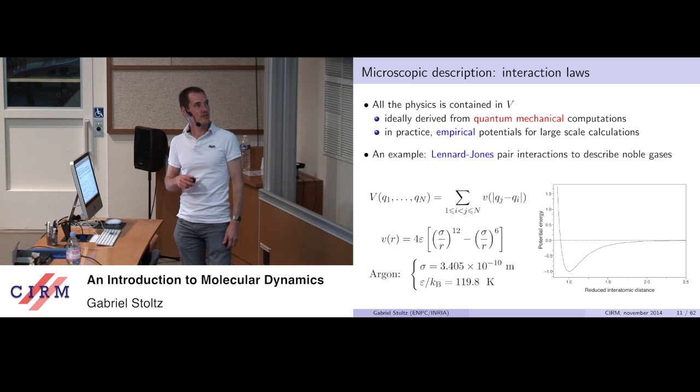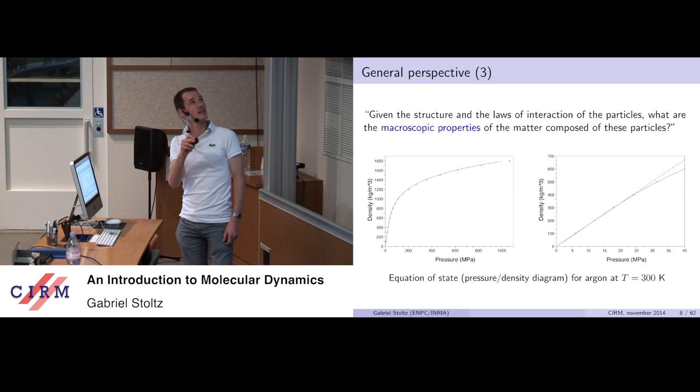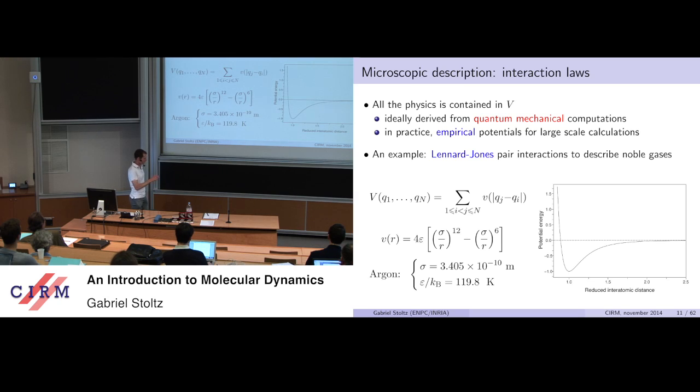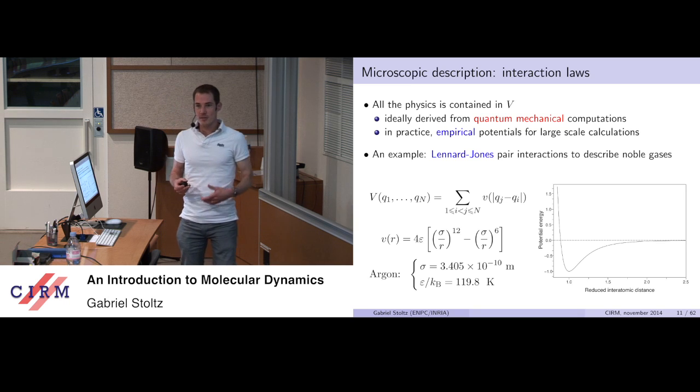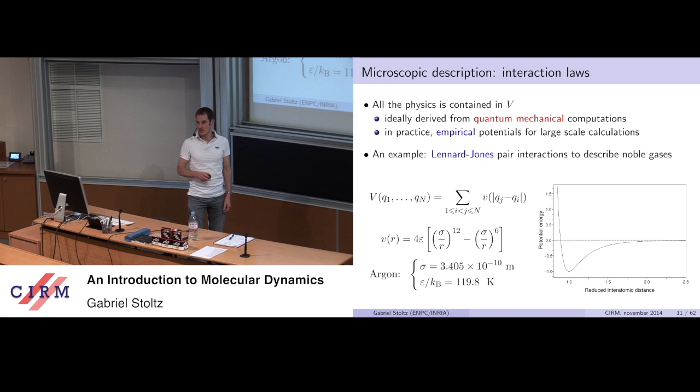And then you've got two parameters. You fit them appropriately in order to have the correct equation of state, so pressure as a function of density. Physicists have proposed this model to describe argon, and this is the potential I used to compute those points here. So in this case, it's a quantitatively correct potential. In general, life is more complicated than that, and you would have to rely, say, on quantum mechanical computations to have very accurate potentials, and possibly benchmark an empirical potential using some quantum mechanical computation. That would be the typical way to do it.